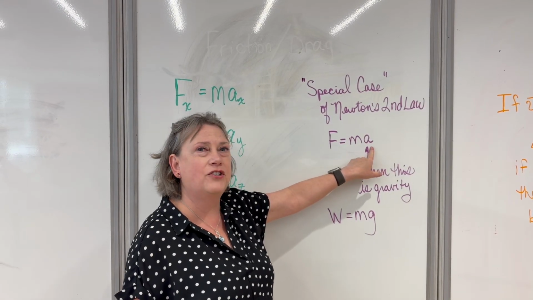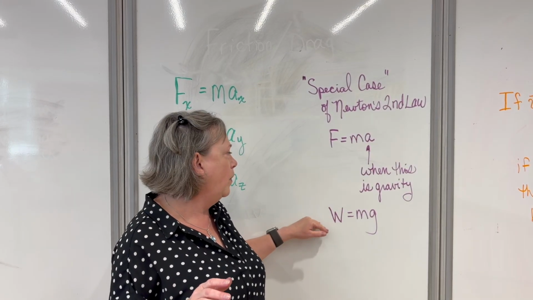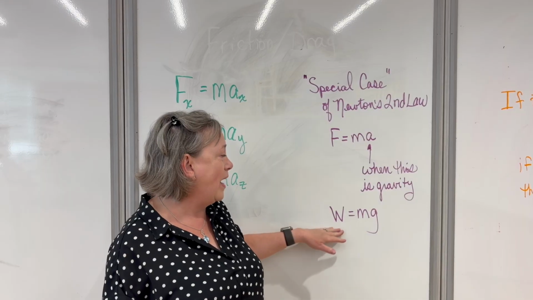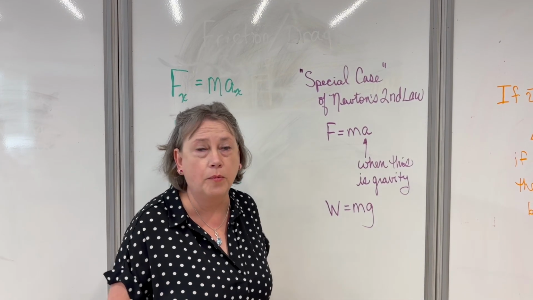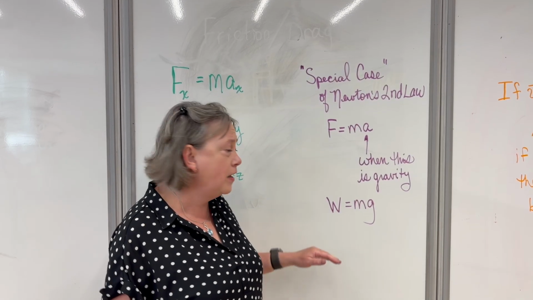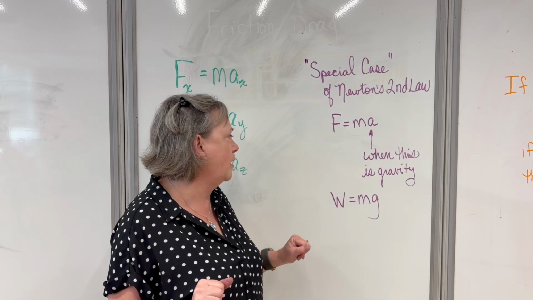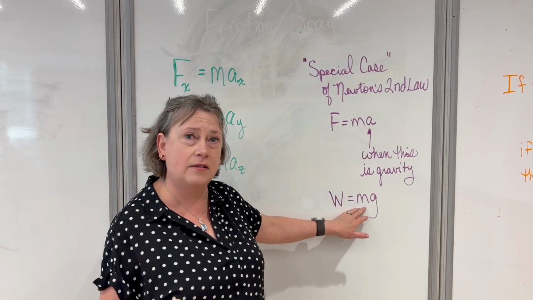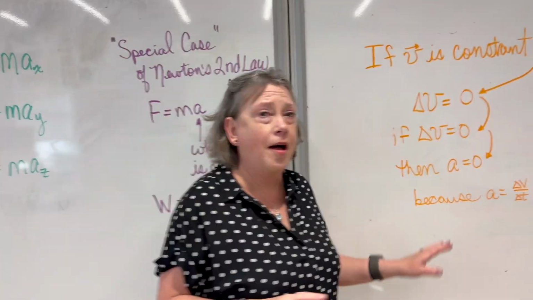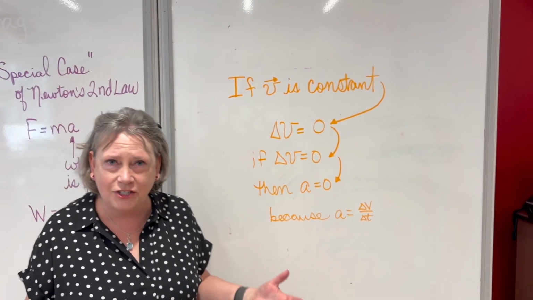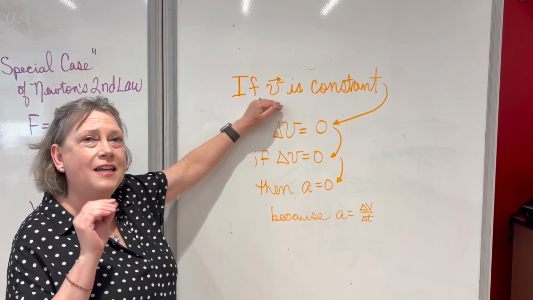When the acceleration is a special acceleration, and that is gravity, we get weight. So weight is mass times gravity. I'm going to talk about weight a little more. I'm going to talk about the direction of it, but this is really just a special case, special situation of Newton's second law. So anything with mass is going to have a force. All right, and last thing on our equation sheet for this unit is that if the velocity is constant,